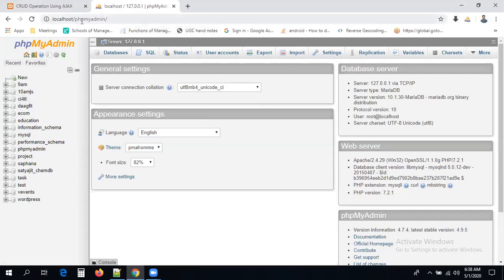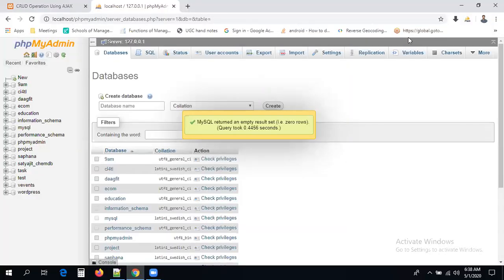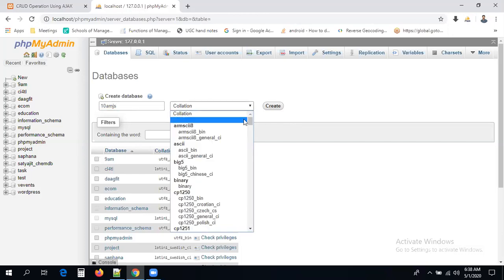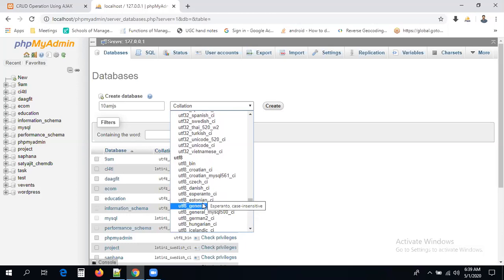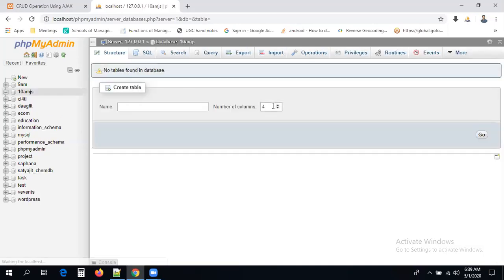Let me create one database for your application. Here we have the option called create database, and let me create a database called 10amjs. This is just your class name, I'm mentioning it here. You can take any database name. Here collation is nothing but the language support, multilingual. For example, if you want to save languages like Telugu, Hindi, Tamil, or English in your database, then UTF-8 General CI is one of the better options. If I keep the mouse on it, a tooltip comes, Unicode case insensitive, something like this. Anyhow, create the database. We don't bother about what this is; I'm just showing you how to create a table and all.